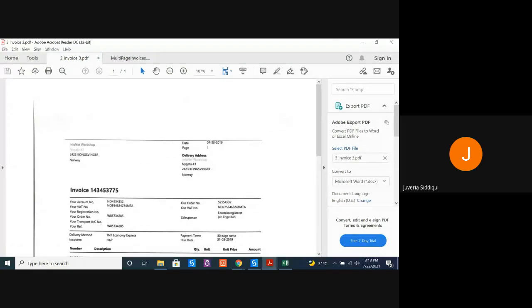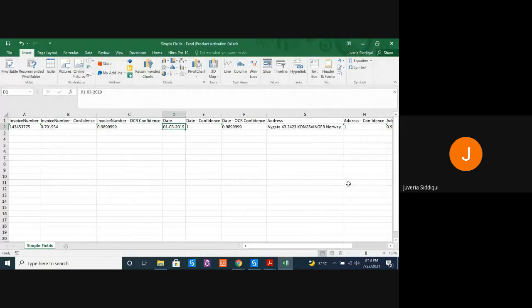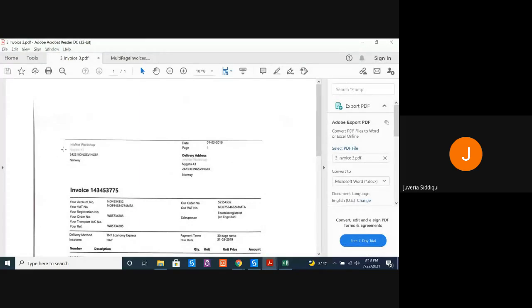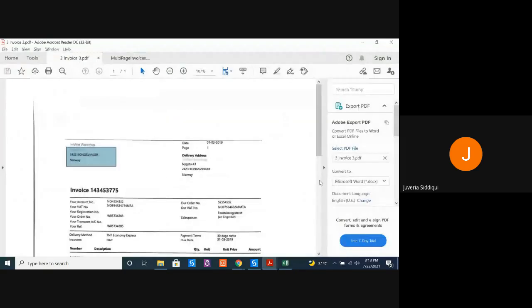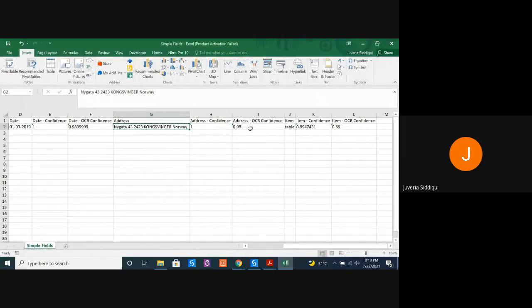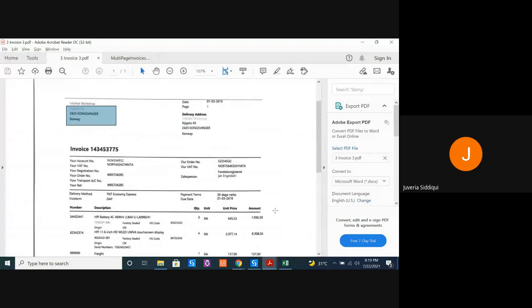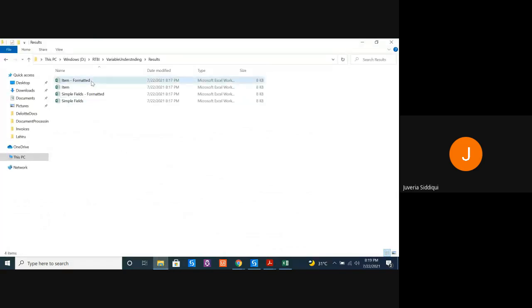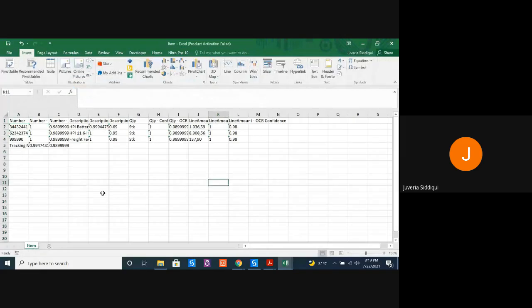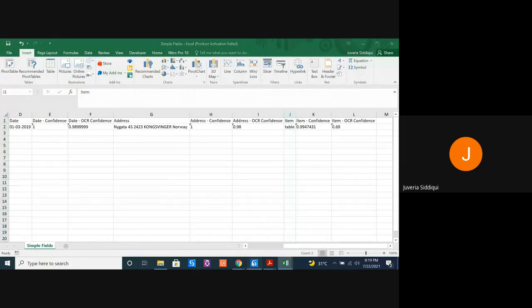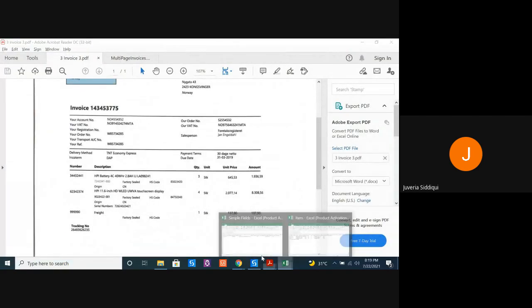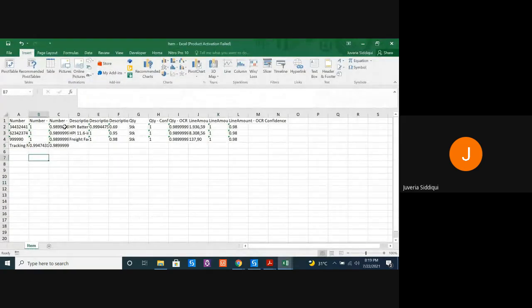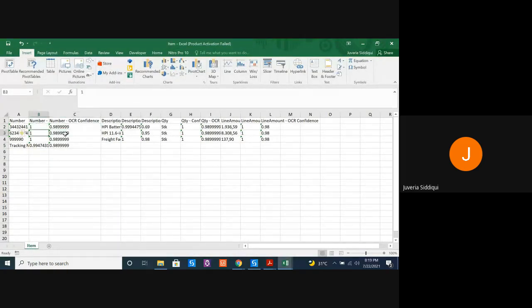Then the date, 1/3/2019. Whatever the values that we wanted, Niagata 43, Norway, it has been extracted and stored over here. And again, what all we wanted has been extracted. The information of your item data table, that is this, has been extracted in a different file. So let's see this. Okay, so what did we get? Three items had to be extracted. Did it extract or not? Yes, all three. With your confidence level,